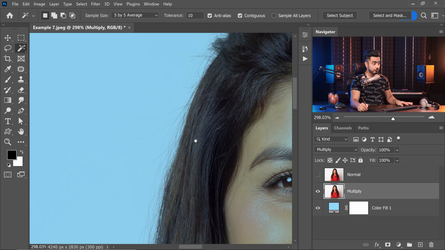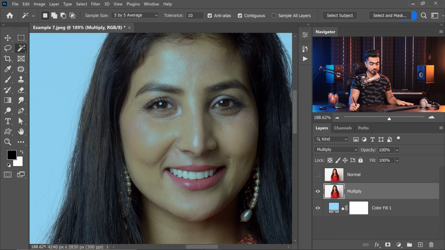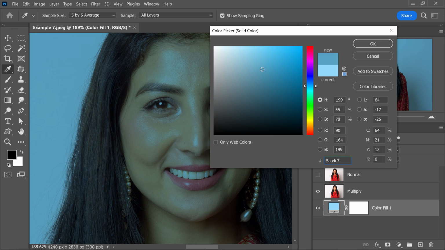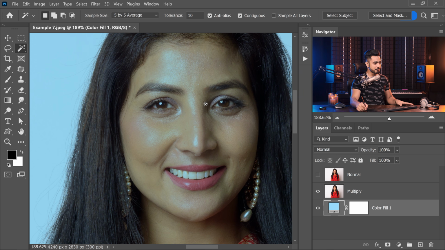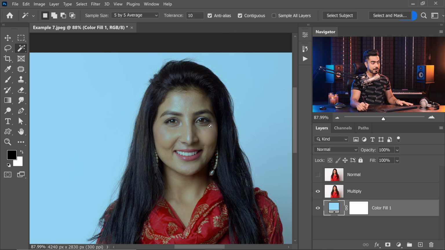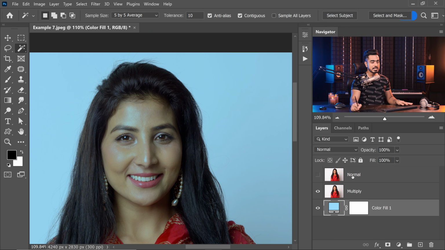So as you can see, every strand is visible, but the blue of the background is also going through the subject. And if it was even a tad bit darker, it would make the subject darker as well, because we have chosen the blend mode multiply and it just darkens. So to bring back everything in the middle and just use the edges for the multiply layer, let's turn on